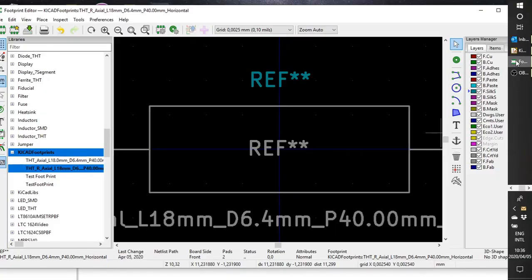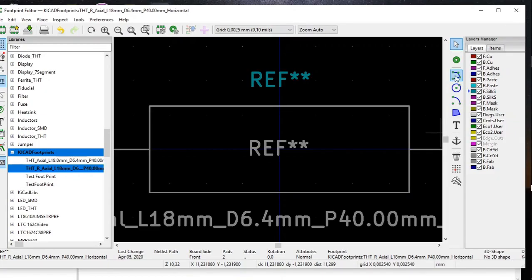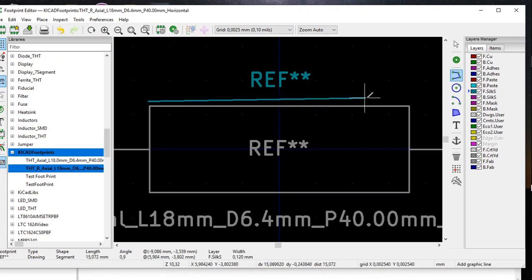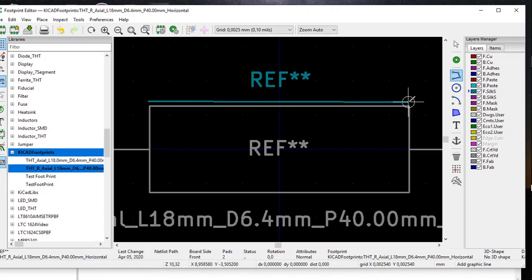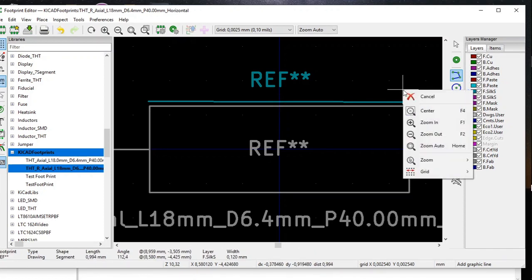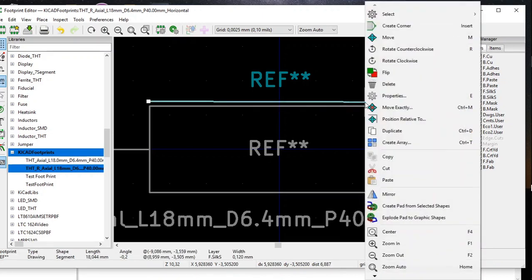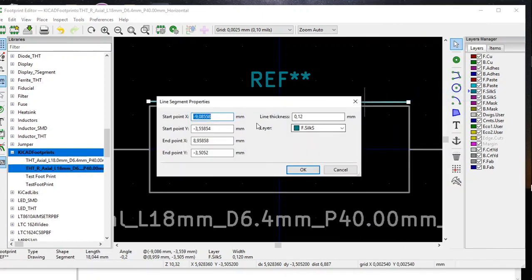Now we're going to start drawing our silkscreen, and we start off by adding a graphic line. We draw a horizontal line like that. Right click, cancel. Select the line. We select properties, and we want the line to start at